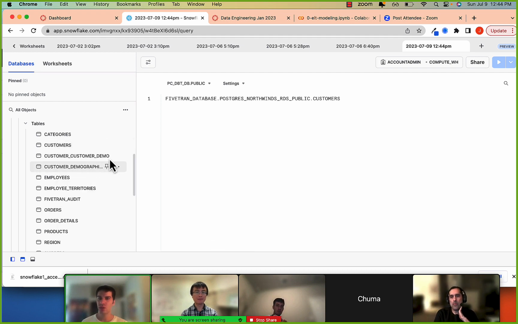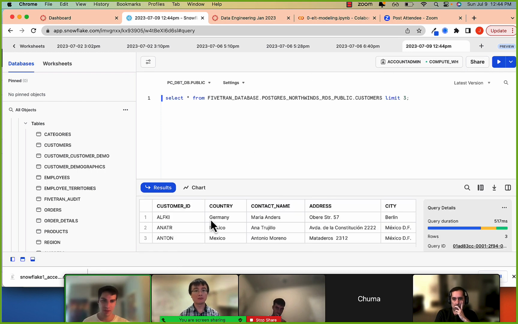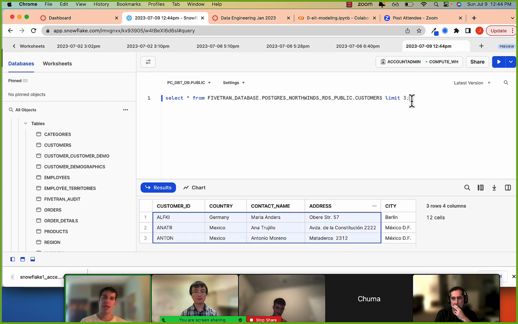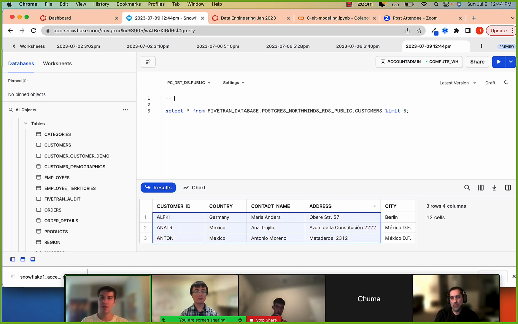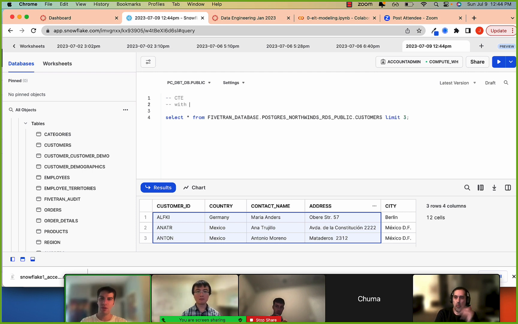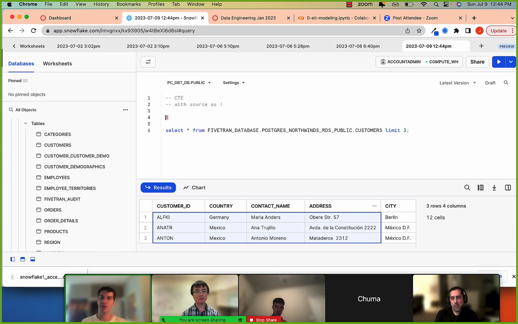So if you want to do this, it'll be select all from the customers table. Let's just do a limit 3. I'm always writing this stuff out and testing it along the way. Generally, the way that we'll coerce the data is first through CTEs. Remember CTEs, where we have the with statement, with something as, and then inside here is where we'll write the query. As we'll see with DBT, the pattern that's recommended is you first have what's called a source,